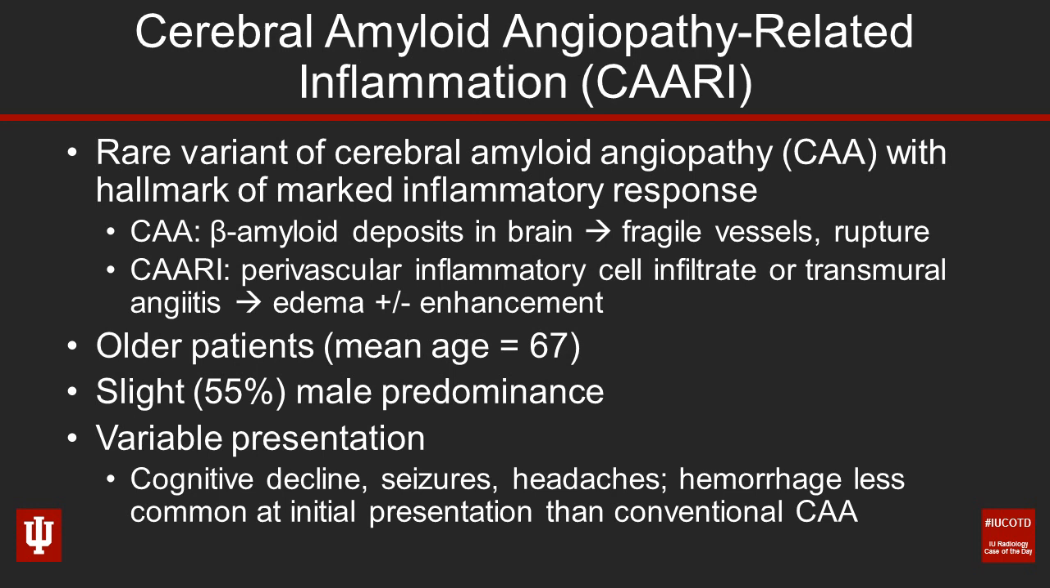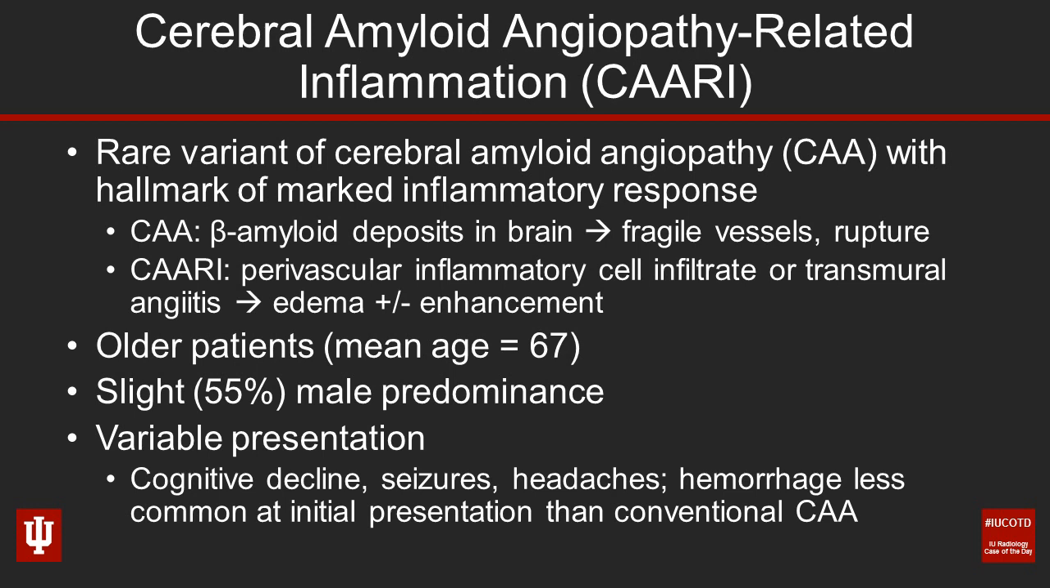These patients may present with cognitive decline. In fact, with cerebral amyloid angiopathy, there's a bit of an overlap with Alzheimer's disease. These patients can also have seizures, headaches, stroke-like symptoms. Interestingly, in the inflammatory cerebral amyloid angiopathy, having an outright parenchymal hemorrhage or hematoma at time of initial presentation is less likely than in conventional cerebral amyloid angiopathy, but definitely be looking for those foci of gradient susceptibility because they